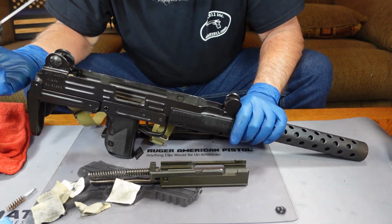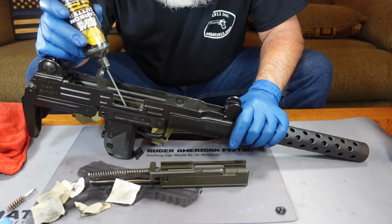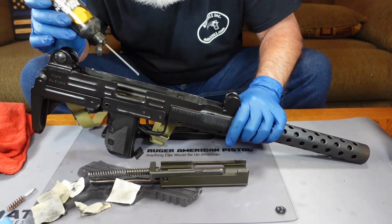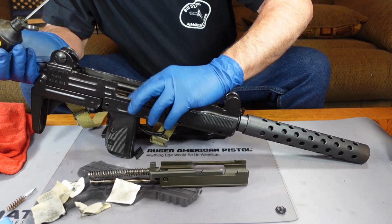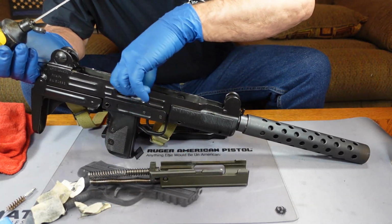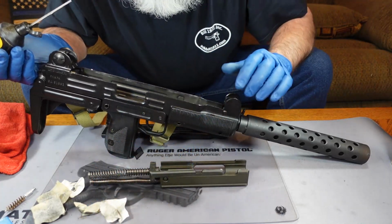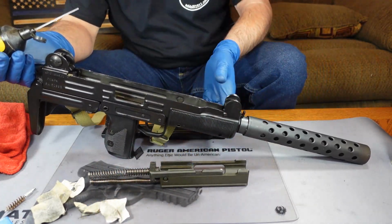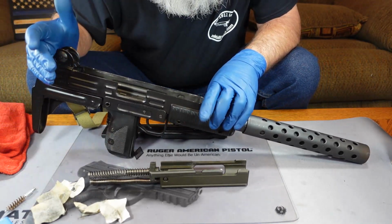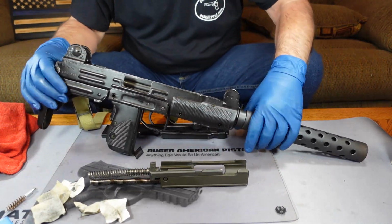You don't have to drown the gun, so just put a little bit where you see shining metal, all right? When you see shining metal, that means you got metal-to-metal contact. Okay, and unfortunately, this is coming out of here like a fountain. All right, so I think we got that. All right. So everything looks pretty good. Now we're going to